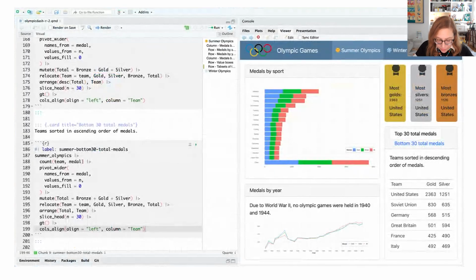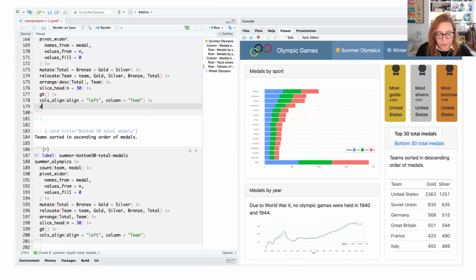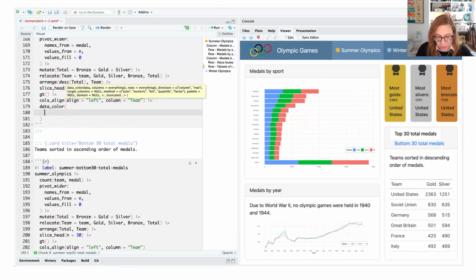And finally, one thing we did was to try to line up the colors we're using in the table with the rest of the theme of the document, the colors of medals, and also colorize the data so different colors mean different magnitude. And we can do that with the data_color function in the gt package.